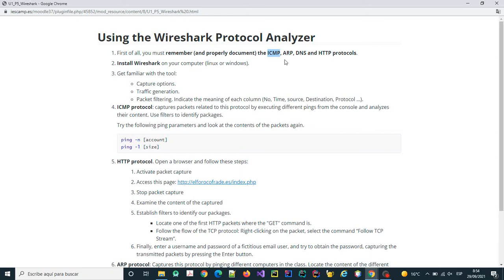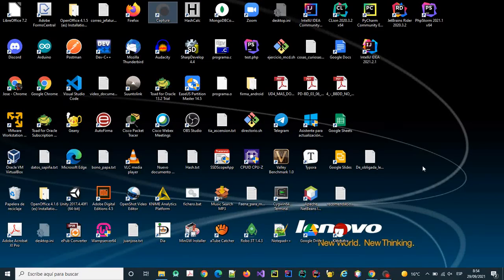I suppose you have set up WireShark in your computer. I recommend to install this tool in your PC at home. Well, we are to get familiar with the tool. When you open WireShark,